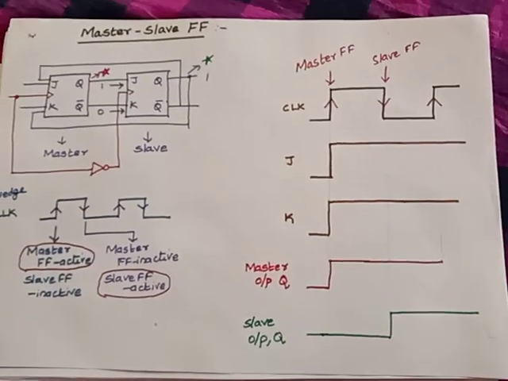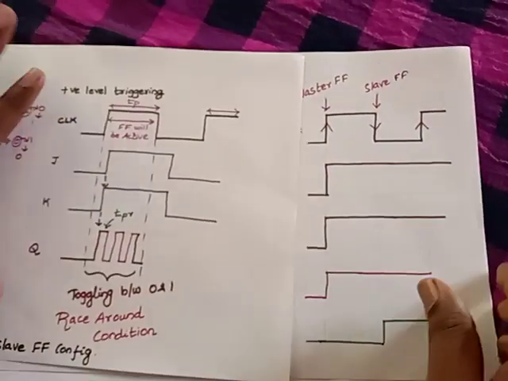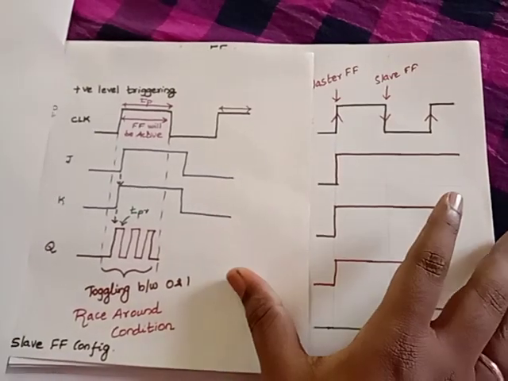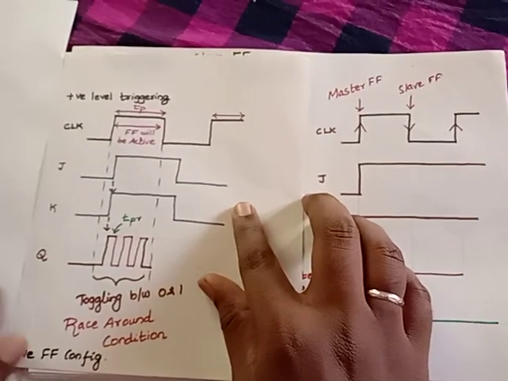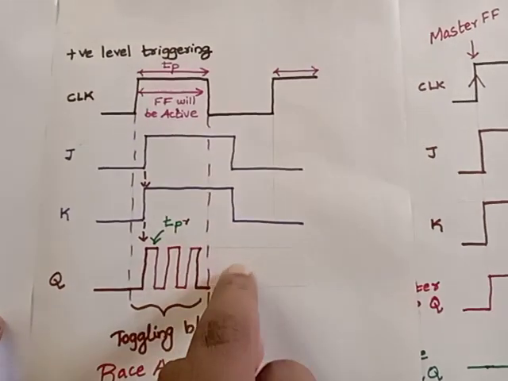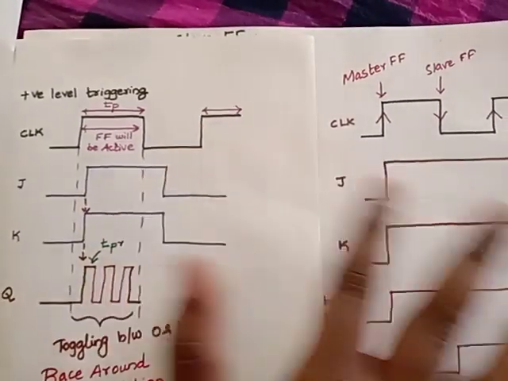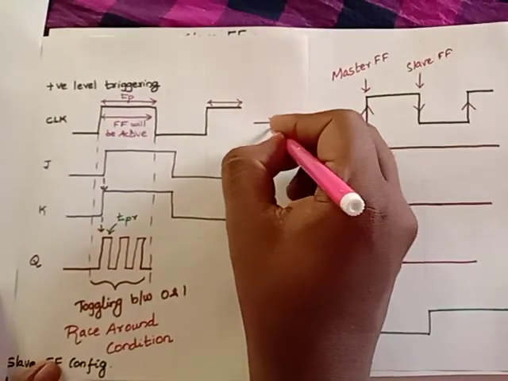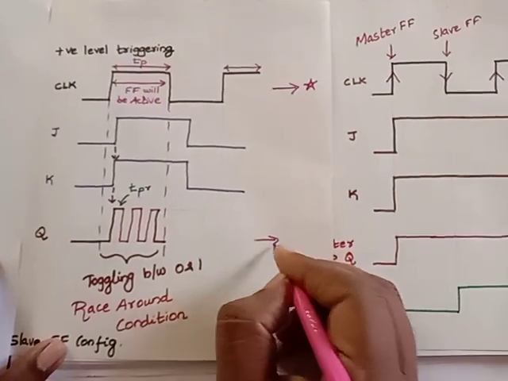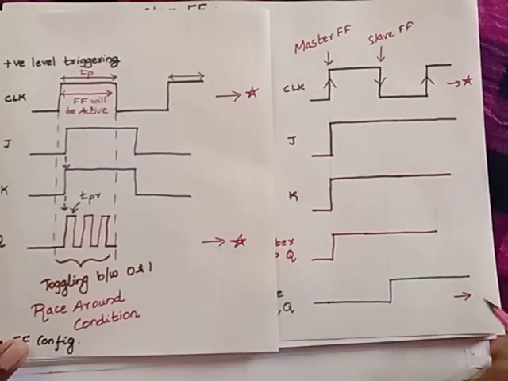Please take a look at this waveform. Now we'll compare these two waveforms. Now just compare these two waveforms. Now this is a waveform of your ordinary JK flip flop, and this is a waveform of your master slave JK flip flop. Now leave all these in-between waveforms. Now we'll just look at your clock pulse. Look at this one which I'm marking with a star here. Look at this waveform, clock pulse and your main output. Similarly, look at this one and this one, because it is the overall output.